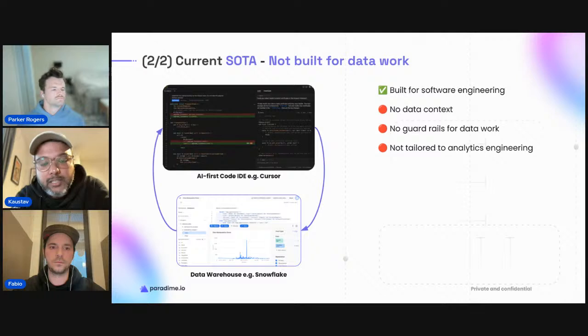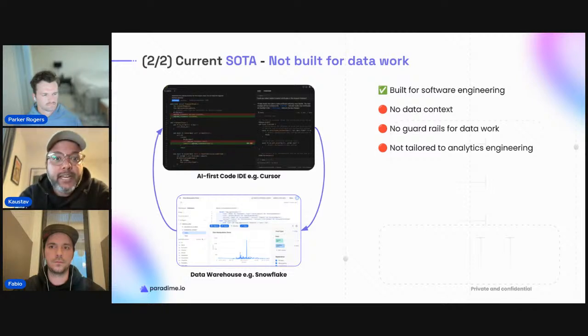You do not have the lineage, the catalog, or the concept of what BI dashboards you're using. It doesn't have SQL linting, or all of these things that you need as part of your development environment. So it circumvents the problem of traveling back and forth between the LLM and VS Code, but it doesn't solve the problem of data context,